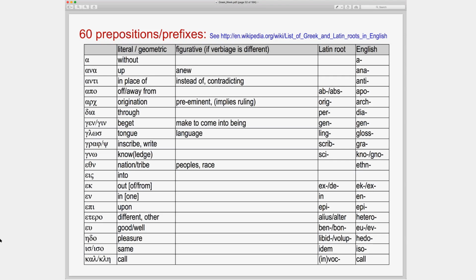In English, we have arch, like archbishop or archaeology or archetype. Those are all from the original Greek prefix, but if it was Latin, it would be orig, as in originate or original. Okay, so it's very good to learn these